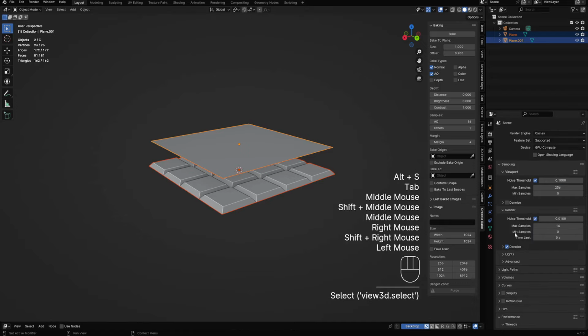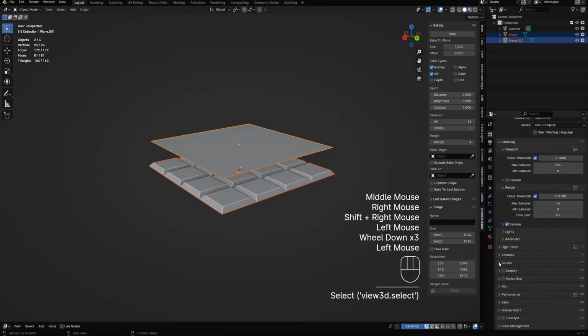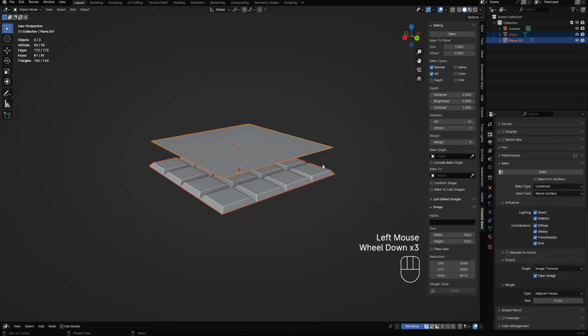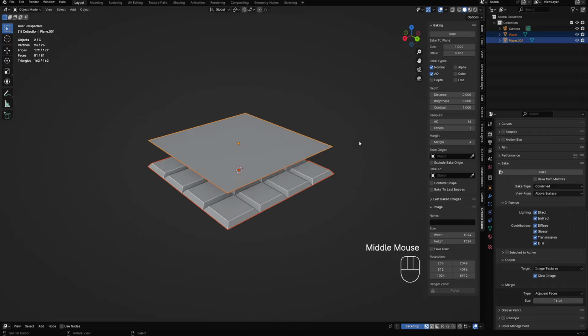That's why in the bake right here, you can see the selected to active. That is what the script uses. But the script automates this by creating this inside the script and then destroying it